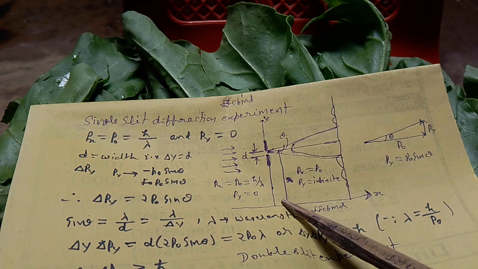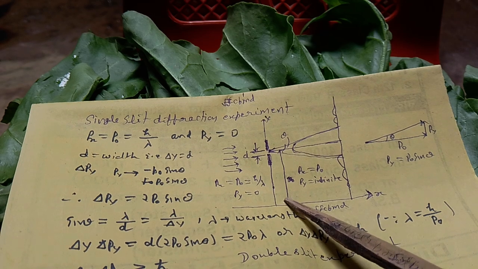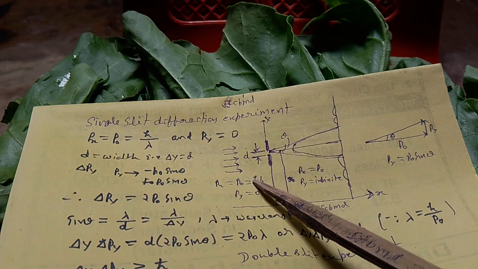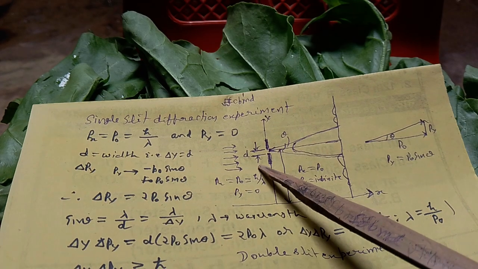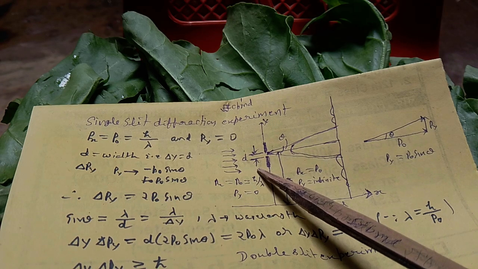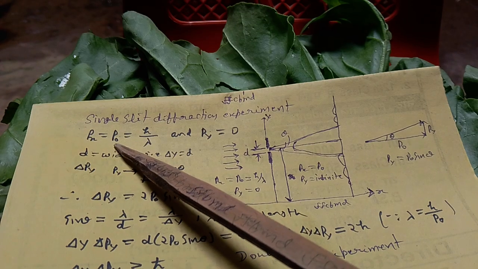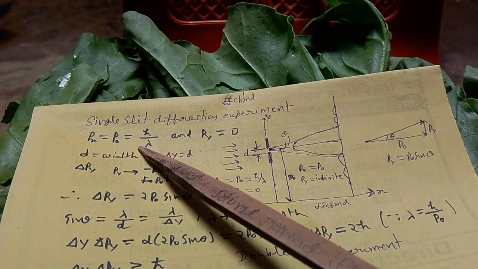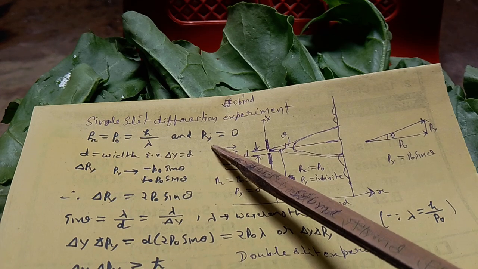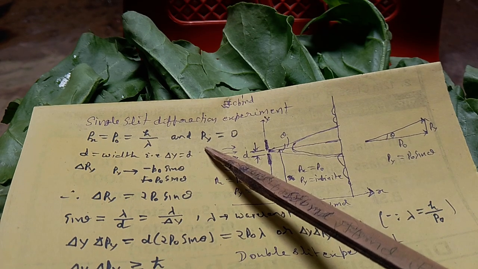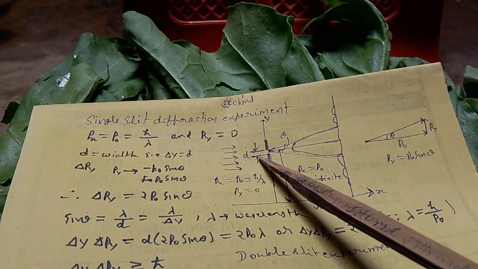For it, let's consider a highly collimated beam of photons moving along the x direction, such that P sub x equals P naught equals h by lambda and P sub y equals 0. Let the beam be incident upon a single slit of width d